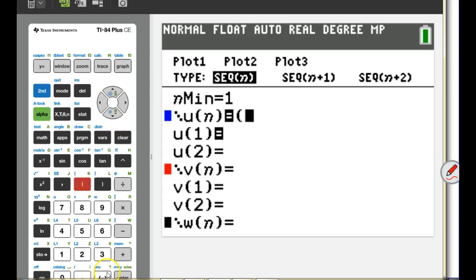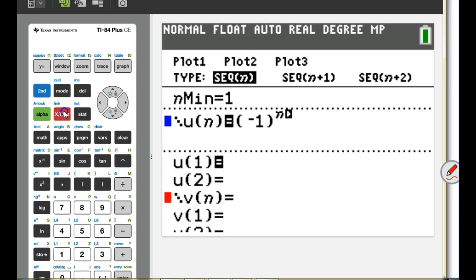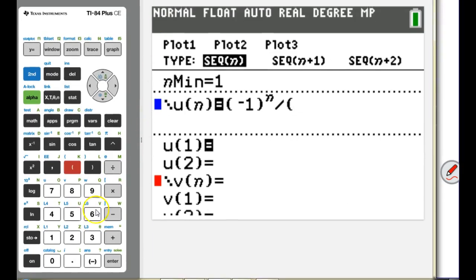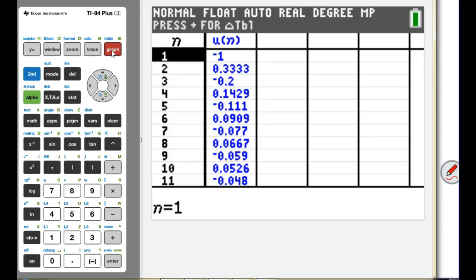Did it have -1 to the n on the top? Is that what it had, guys? And then it was divided by the quantity. We need parentheses around the bottom, 2n minus 1. Probably should have done a few terms by hand just to make sure that this is working. But if we look at the table,